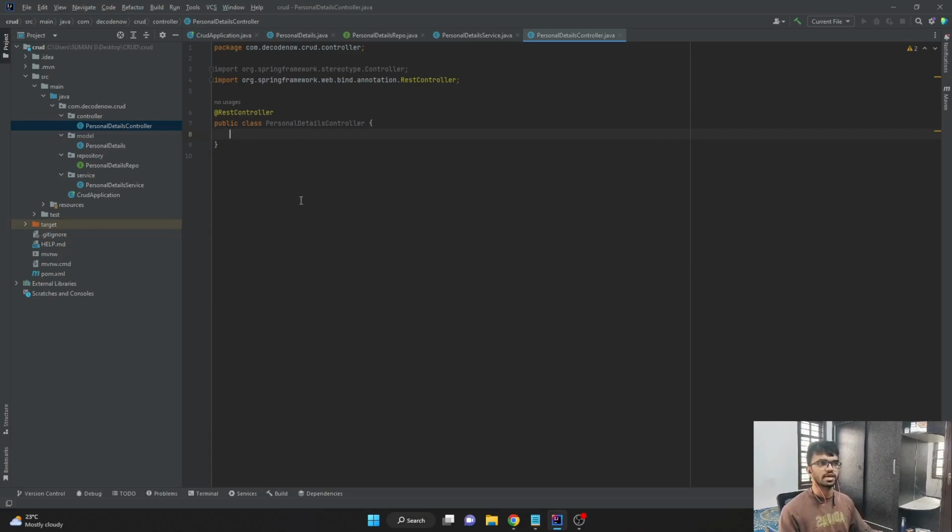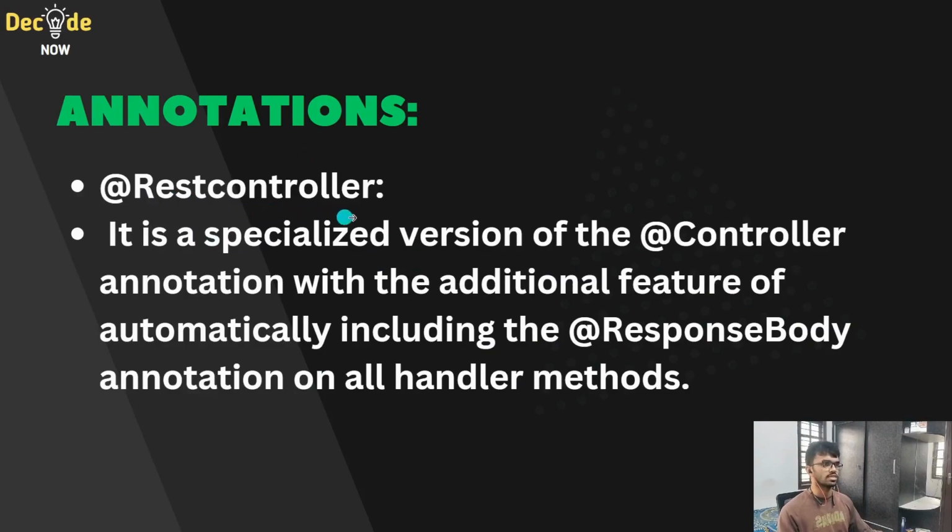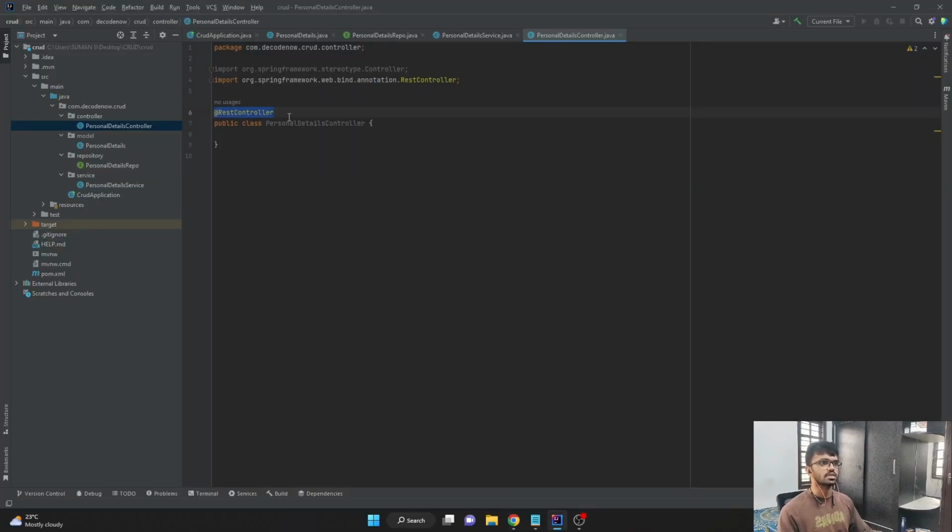Let's say I create 5 methods under this controller class. Then there is no need for me to mention @ResponseBody 5 times at the method level for all the methods. I just have to mention it once as @RestController instead of Controller. So this @RestController is the specialized version of @Controller, which provides an additional feature of automatically including ResponseBody for each and every method present in that particular controller. Another annotation that is required, which is